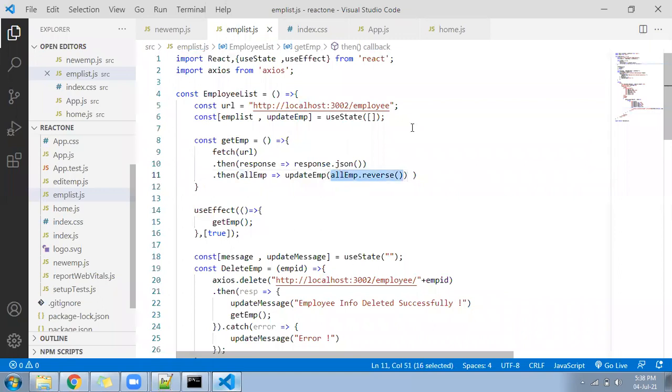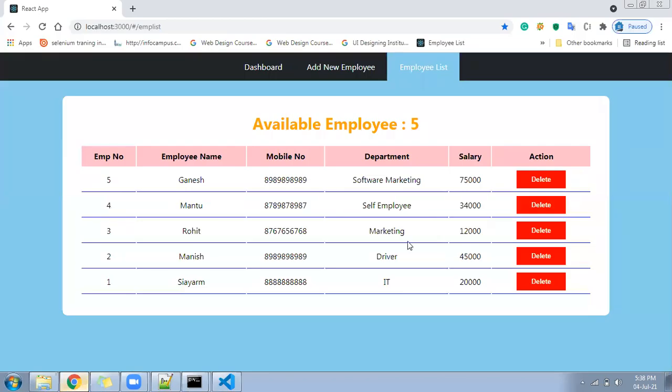Now let's go ahead and see how this functionality is going to work. Suppose we have a lot of records here, a lot of employees in the list. If you want to delete any record, maybe because of a wrong entry, how do we delete the data from the JSON server using React? You have made the JSON API that you are consuming in React and implementing it. I hope you have gone through video number 1 and video number 2, and this is video number 3. It's important for you.